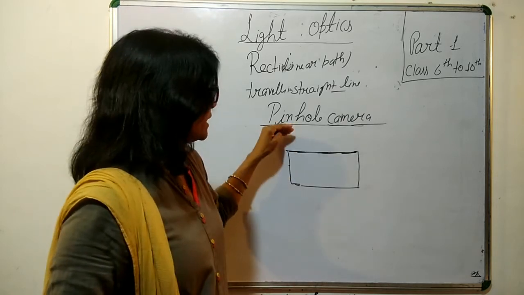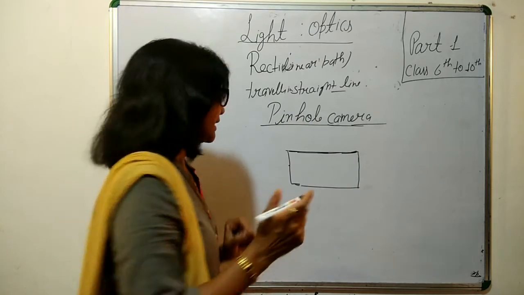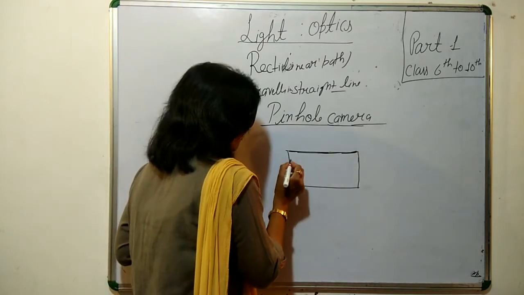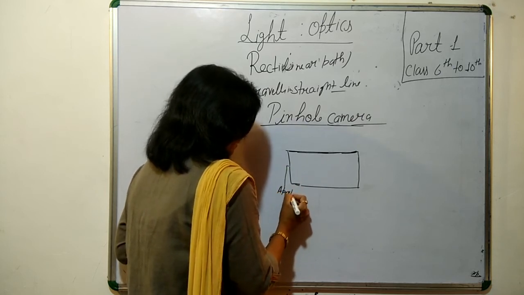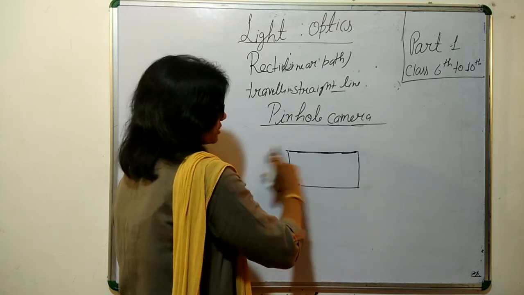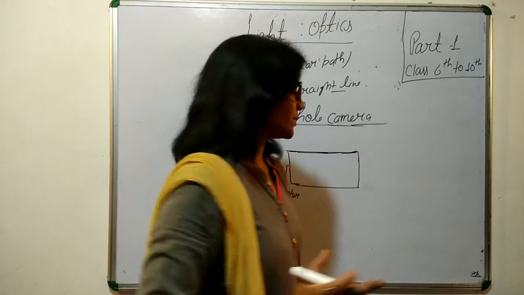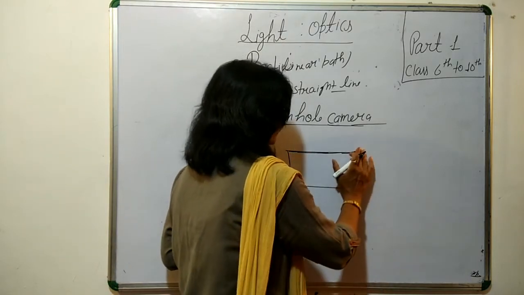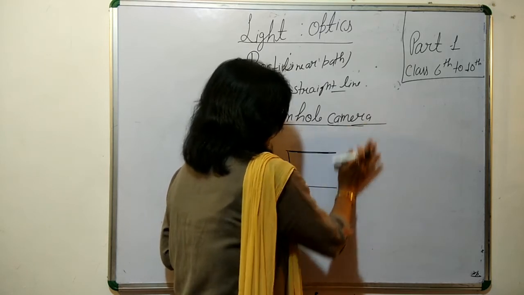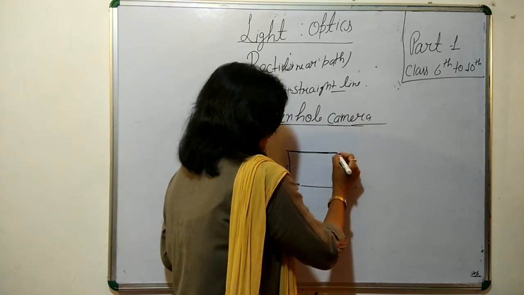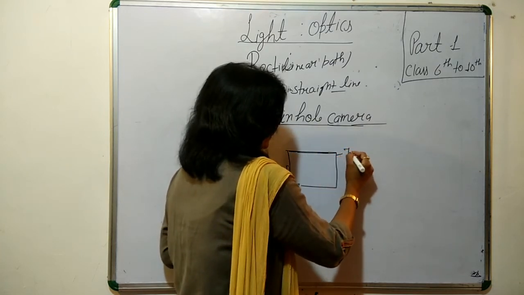So we call it a pinhole. The hole should be very small. That is your aperture. With the help of a pin, you made that aperture. And the phenomenon which will take place here, because of the aperture, we call it camera obscura. And then this screen, I am making it a little short so that you can get a good image. This should be translucent